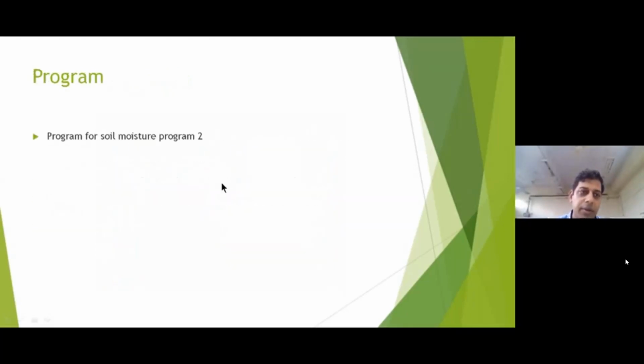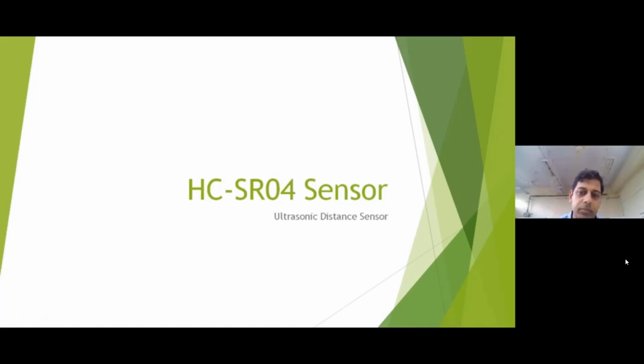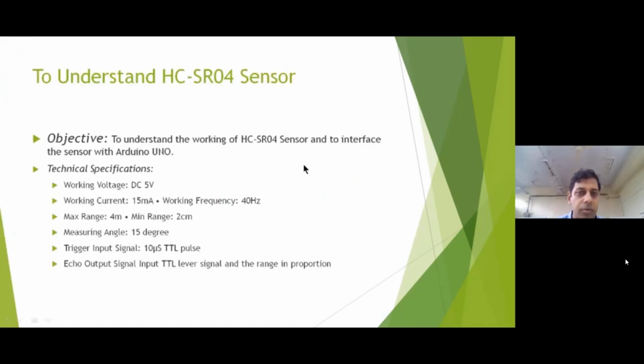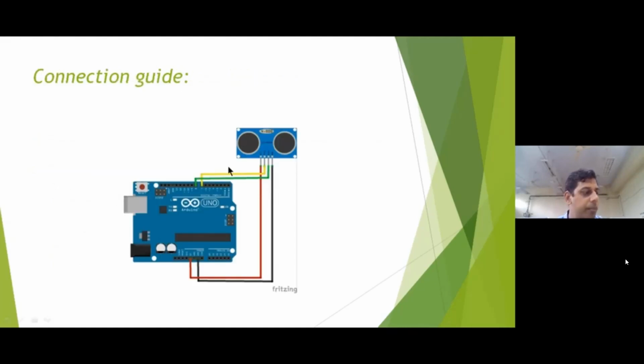Right. Next is the distance sensor. We use the distance sensor most of the time. It is very easy to integrate this particular sensor. It basically works on one phenomenon. One pin is used for triggering. Once you apply the trigger, and an object comes in between, it reflects the signal back. So one is the echo and one is the trigger.